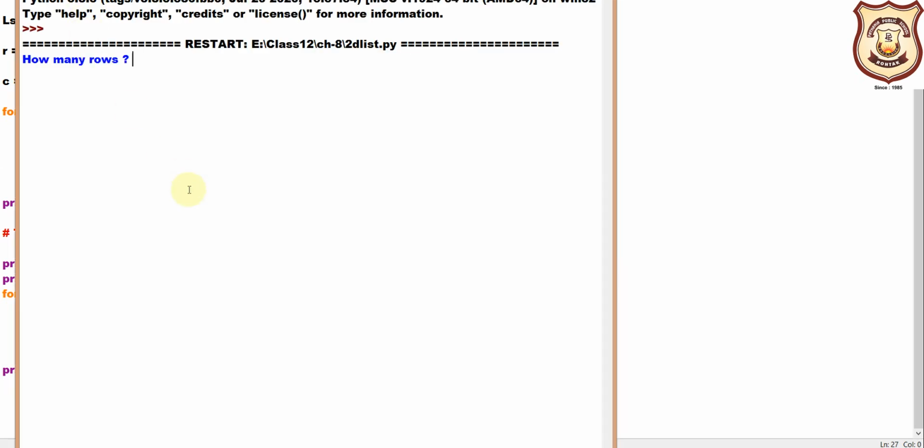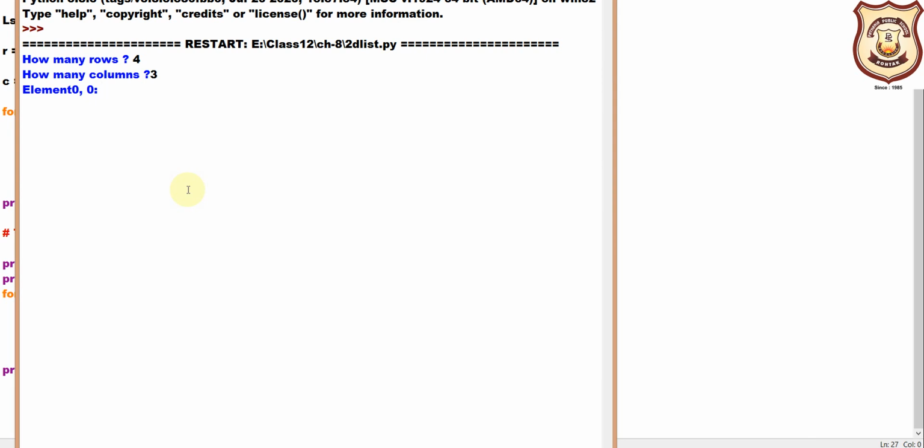Again it is asking me the number of rows and columns that I want to add inside this list. I just want a list of 4 rows and 3 columns each.